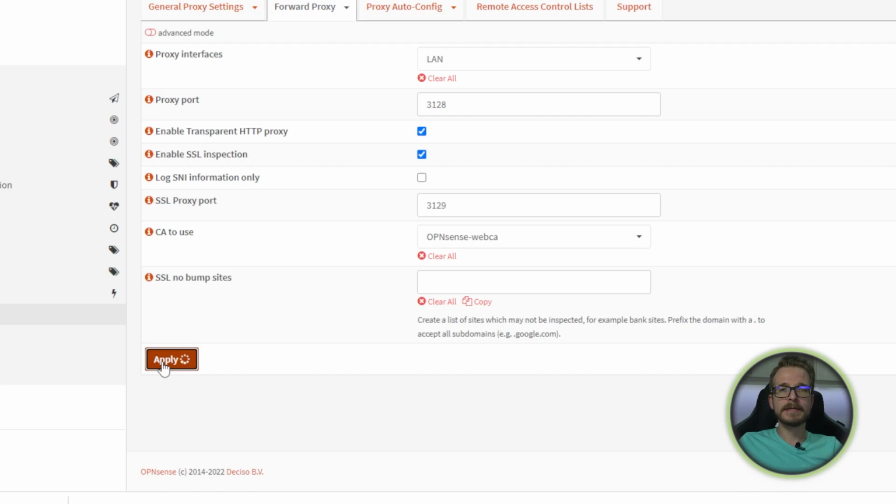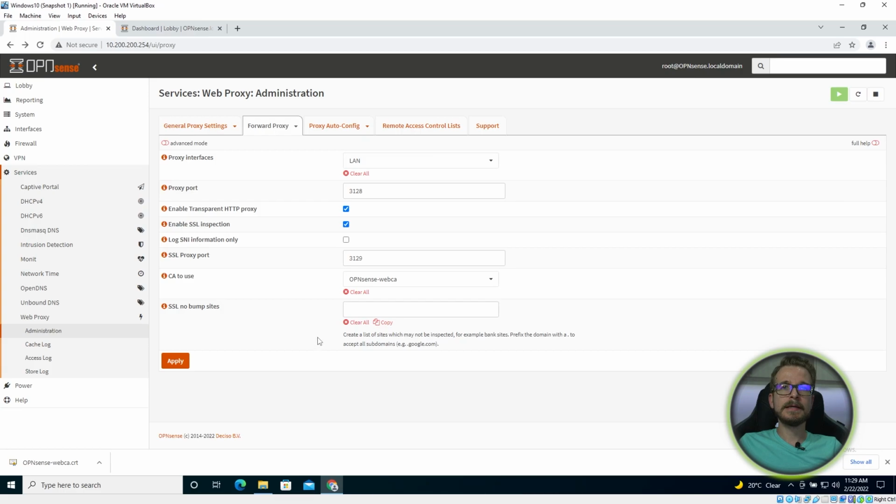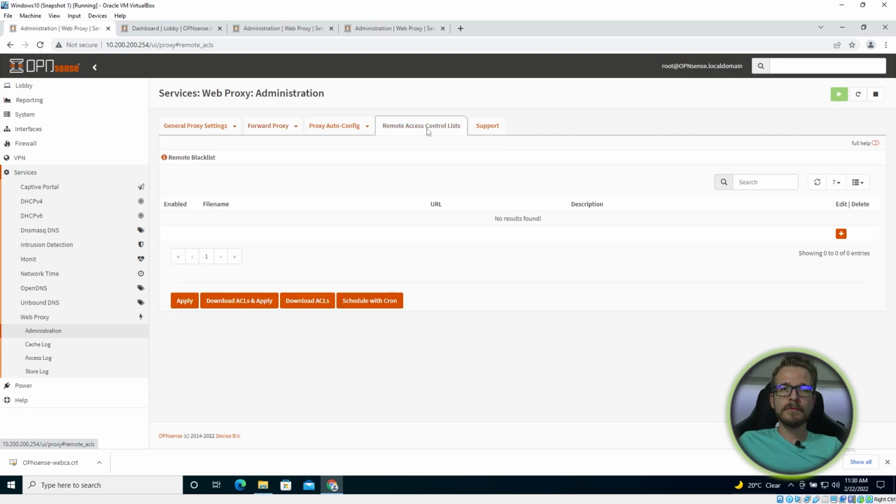It usually takes about 30 seconds to a minute to configure. So once it's finished applying, you'll see that you'll be ready and the service will have started. So the next part of the installation, we're going to be moving to setting up the web filtering part of this proxy setup. So before we do anything, we need to make sure that any authentication has been disabled on